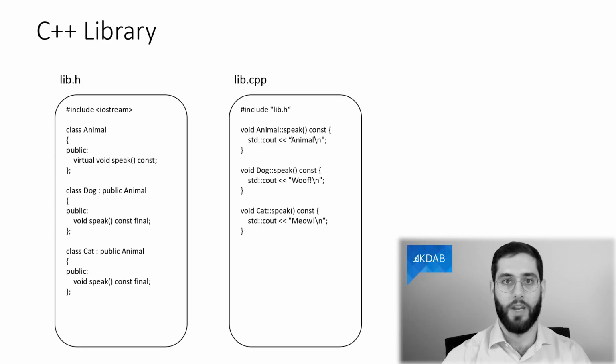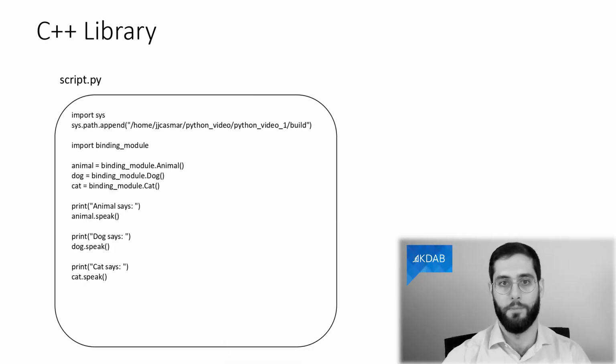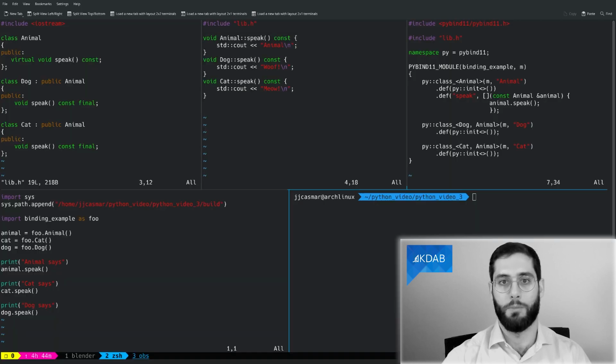With pybind11, we can also bind classes. We add a base class animal with a virtual function, which we implement in two derived classes, cat and dog. In our Python module, we add a new class definition for animal, with a constructor and a method for the virtual function. We also bind the derived classes cat and dog. In the Python script, we can create an animal, a cat, or a dog. Each of them calls the proper C++ method, as shown in the example.